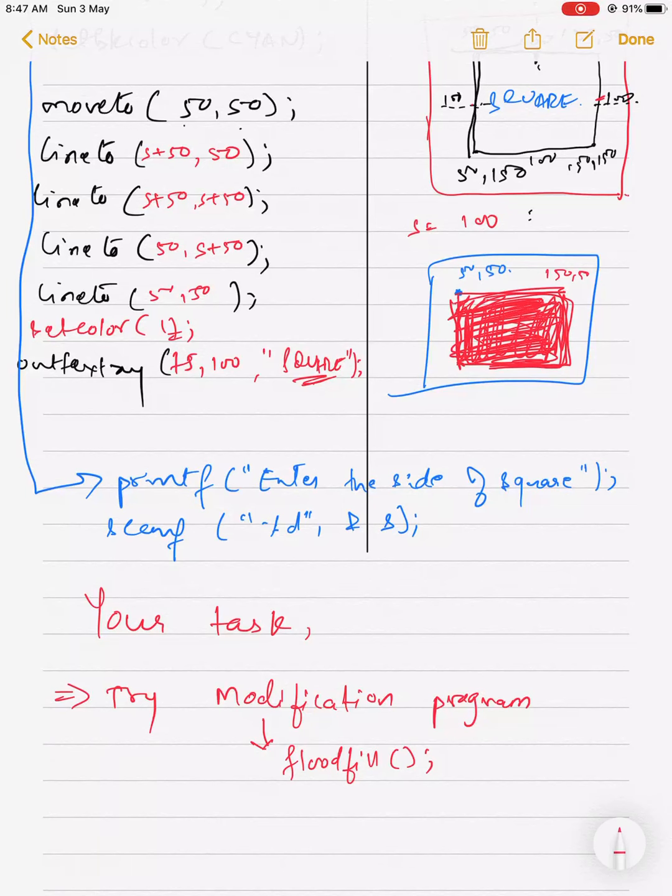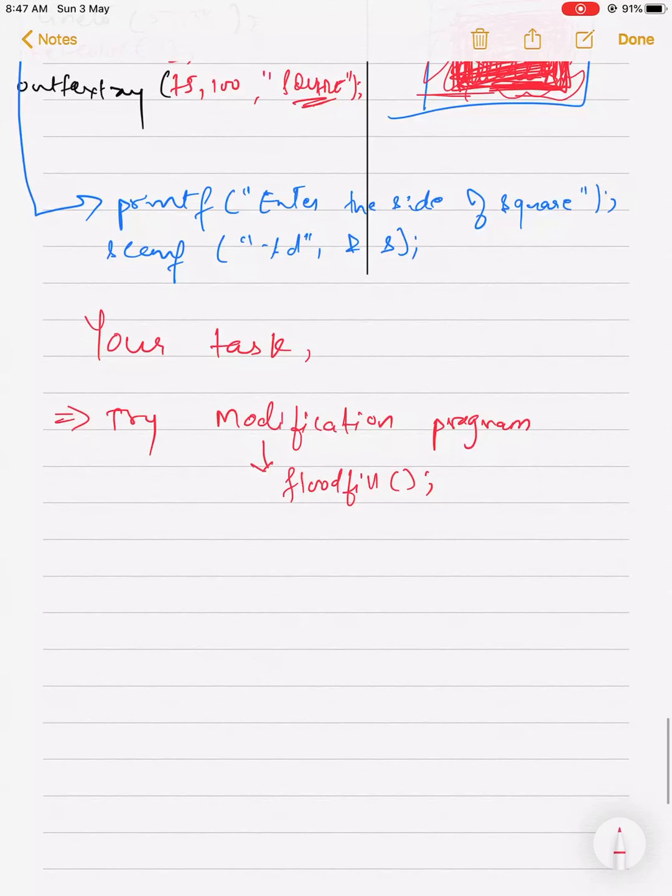Okay, but for that you need to write down a coordinate within this particular shape, otherwise it will flood fill the entire screen and you will not be able to see the output. Okay, so here modification flood fill is mentioned, so try using flood fill and without flood fill. You can check the difference and report me. That thing you have to report me in comment section or by mail, no issue.